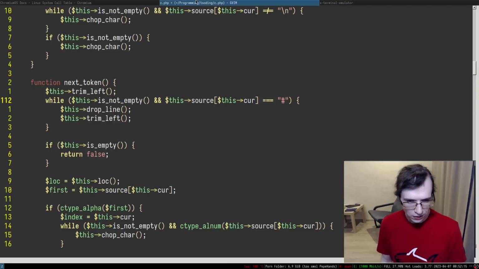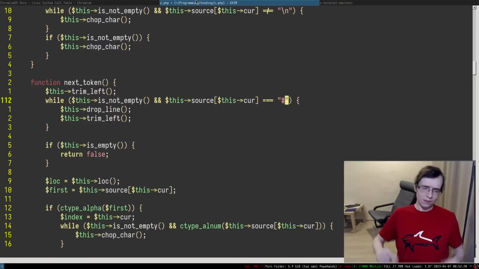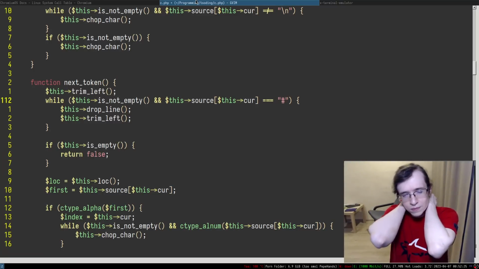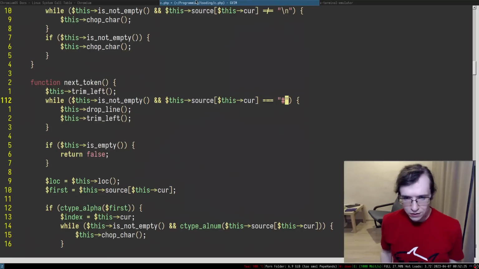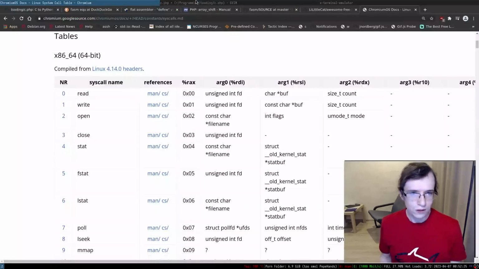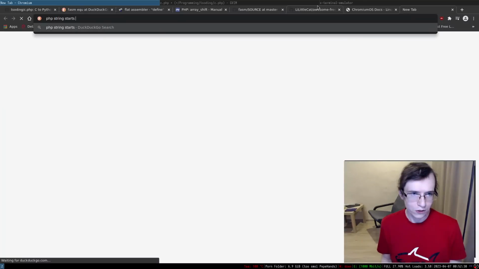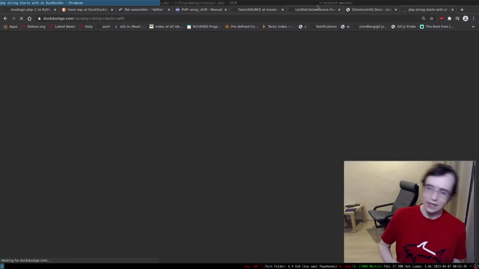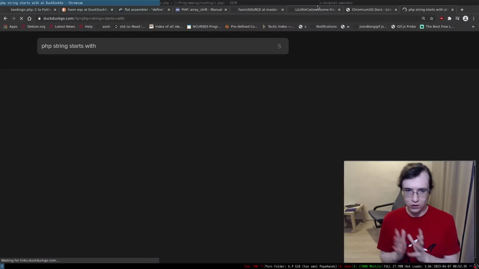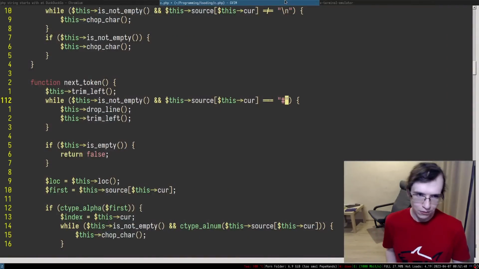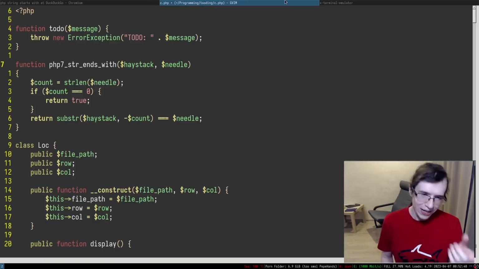So how can we achieve all of that? That's a very interesting question, because we cannot just use starts with, right? PHP string starts with. Is there anything that lets us check that a particular string starts with some sort of a prefix? Wait a second, I remember we had ends with.